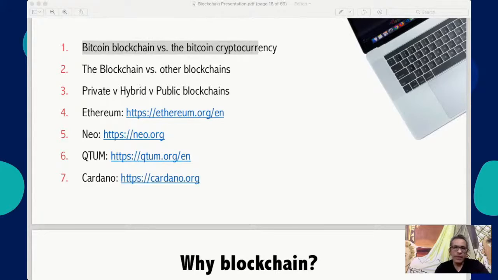Okay. Then we also have the blockchain versus other blockchains. Can you kindly briefly explain one more use case of NFTs? So yeah, like I said, one is things like CryptoKitties or these kinds of digital art. That is the number one project that we today find in the NFT space. Digital art is what I feel is the number one thing that is going on. Other than that, there are a few other tokens, NFTs also, which are available.